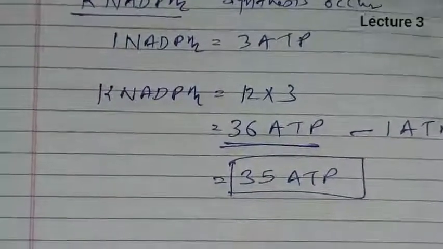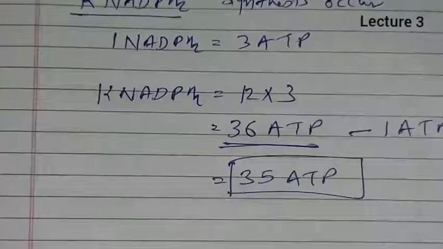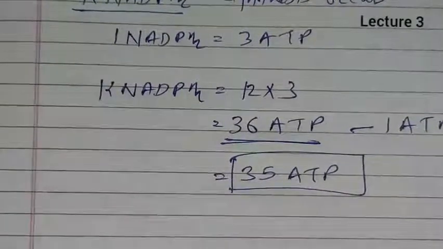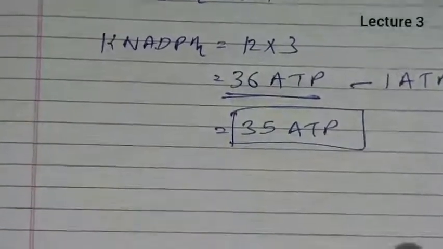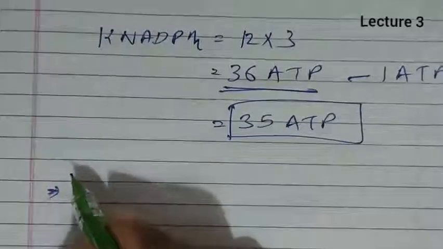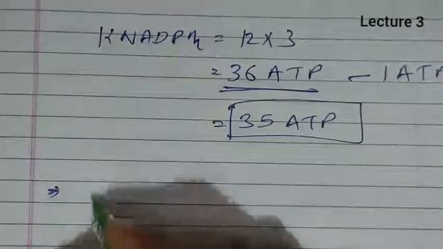So thus in terms of energy output, the hexose monophosphate system is almost as efficient as the aerobic pathway, because in the aerobic pathway also we have studied 36 or 38, and here also we are getting 35 ATP, meaning it is almost the same. This pathway